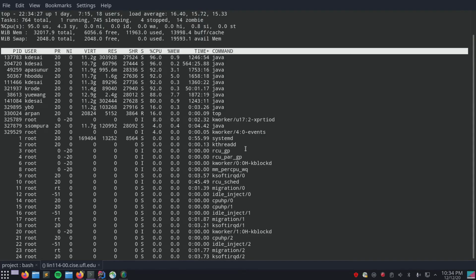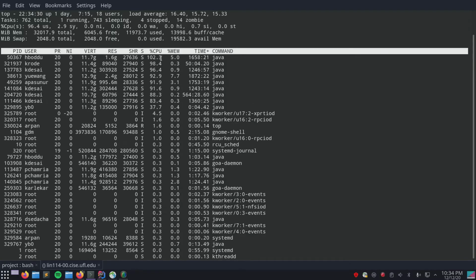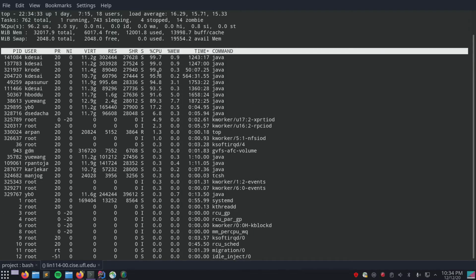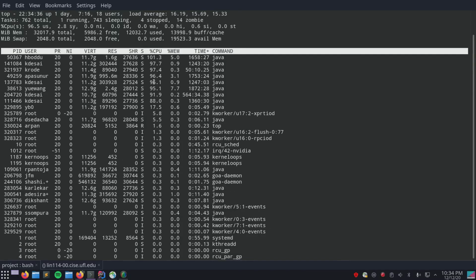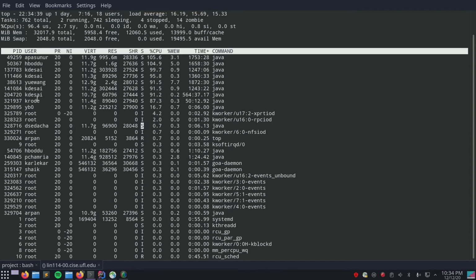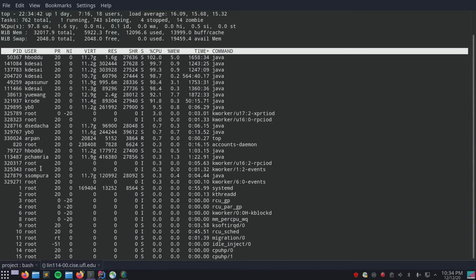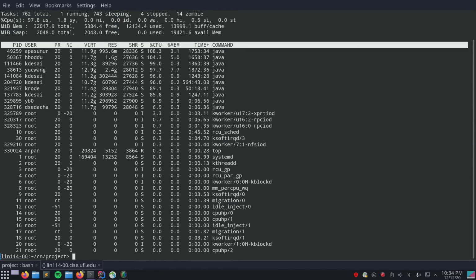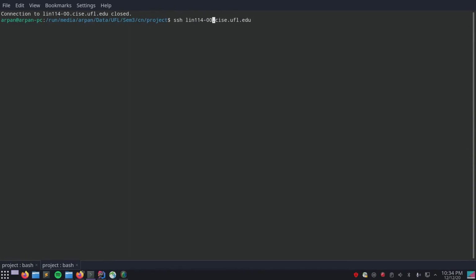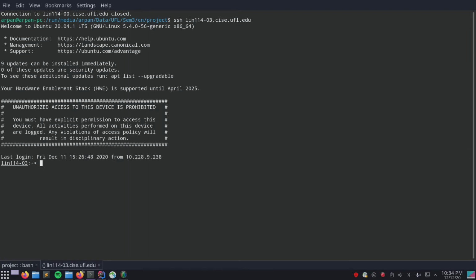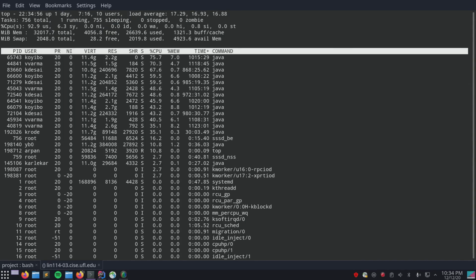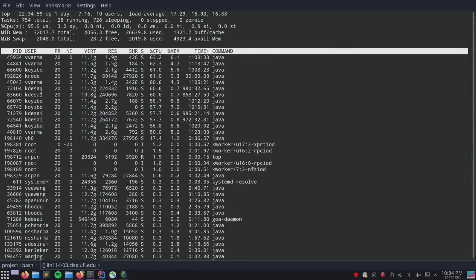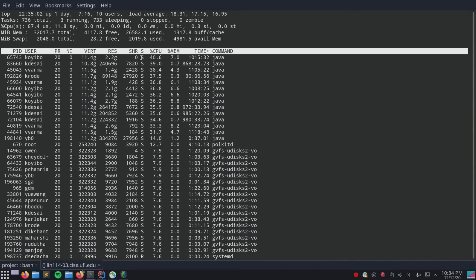Let's check the processes. Oh yeah, as you can see, all the CPUs are completely used 100%, and so my little Java process is just not getting any CPU, and so it's sort of unable to run. Let's try a different server, although all of them are probably facing the same issue. Yeah, there's just no way that it's getting any kind of CPU usage.